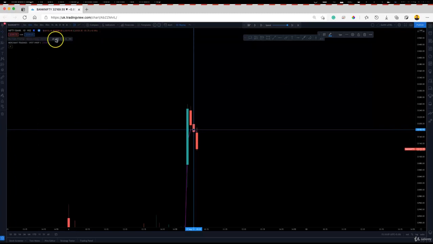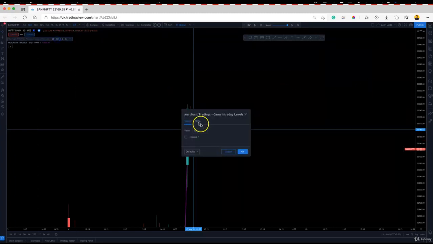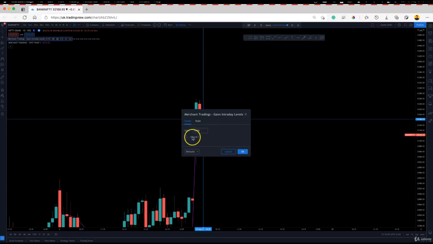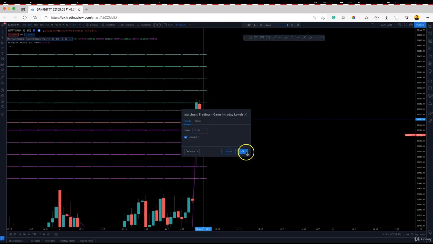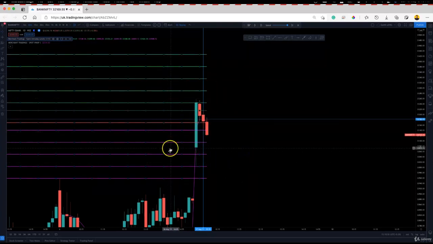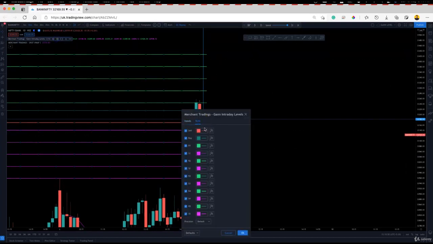33182. What we are going to do, we are going to click on settings, then we are going to click here, and enter 33182. Then we have to click on extend. So the values have appeared. So now we are going to do a little settings in the Merchant Trading